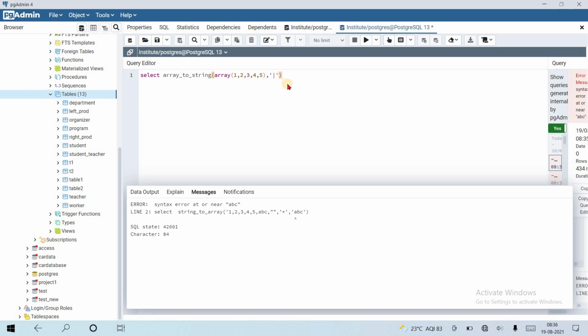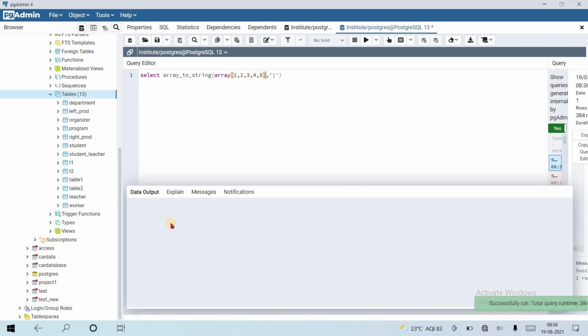Now the array is converted into a string. Let's see. What is the error? Array to string. Oh, this is array. Now it will work fine.